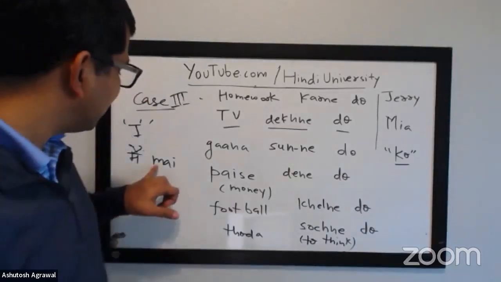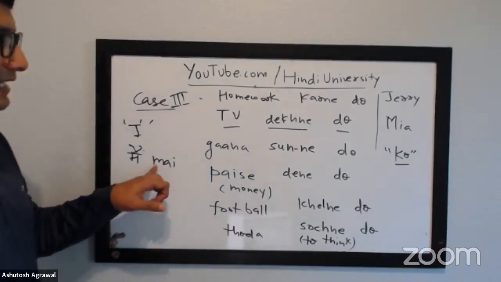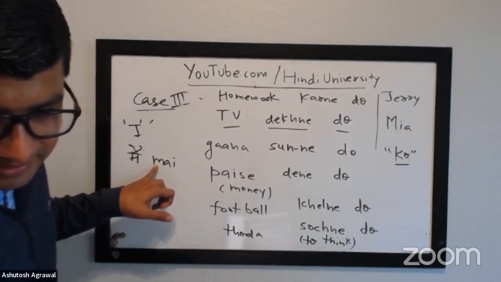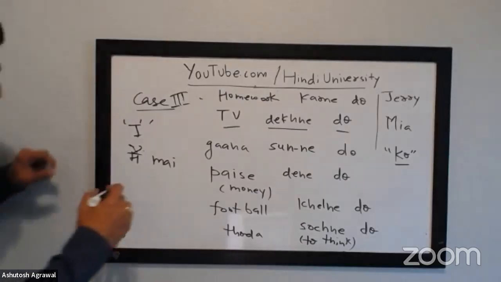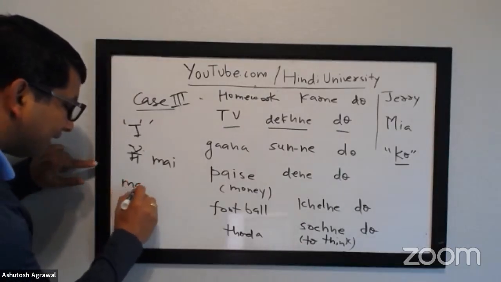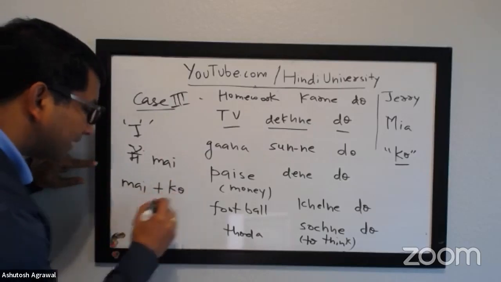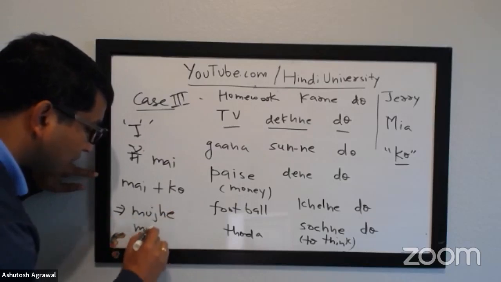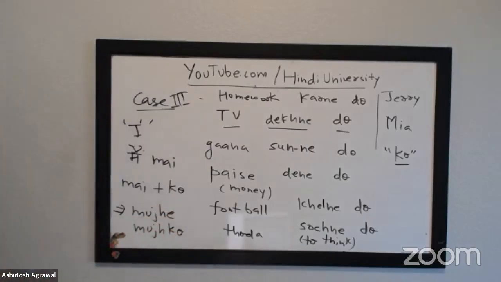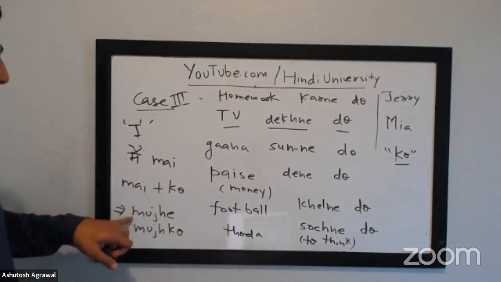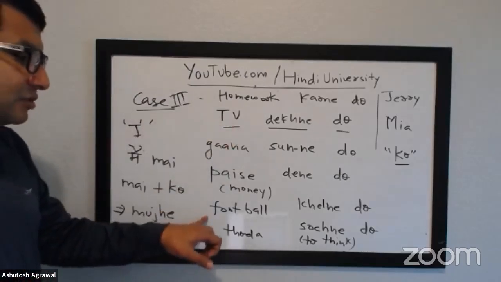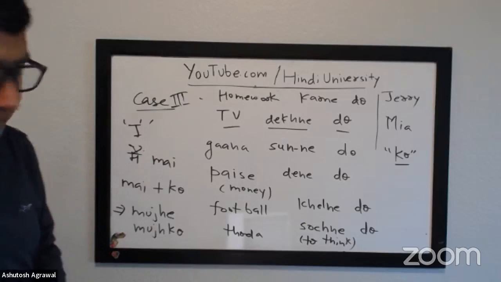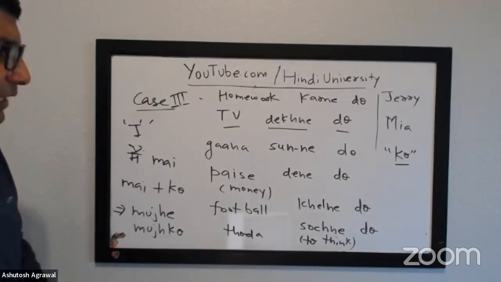What would the kids say? Okay, yes, go for it. Mucho TV Dignado. Very good. So you have मैं, after that you have को, and it becomes मुझे or मुझको. So then the kid will say मुझे टीवी देखने दो, मुझे फुटबॉल खेलने दो, मुझे थोड़ा सोचने दो. Let me think a little. Okay. Anyone else would like to make some sentences?